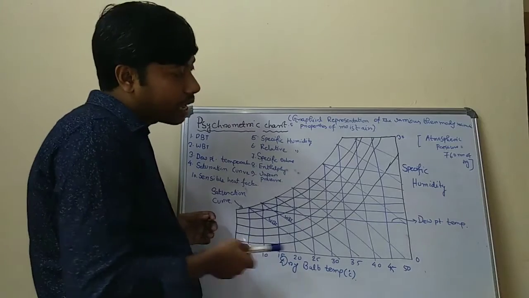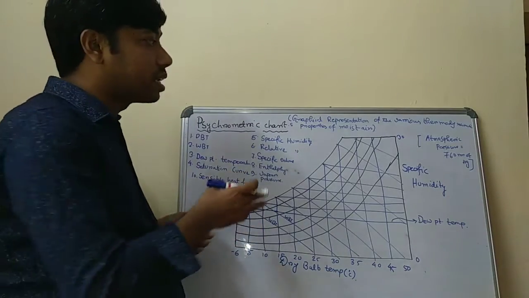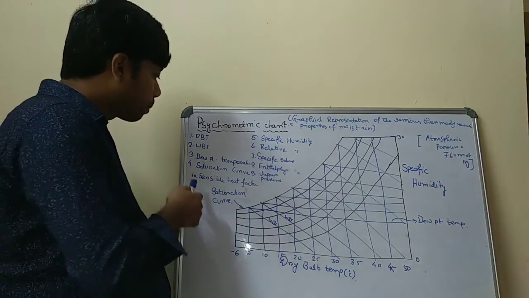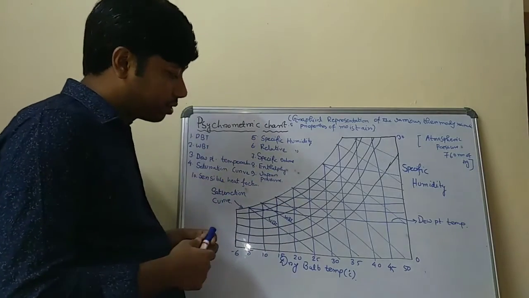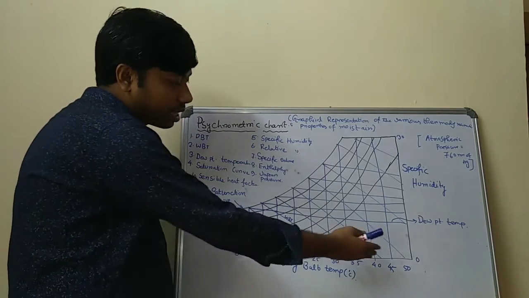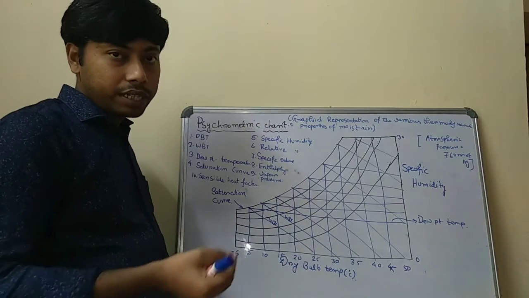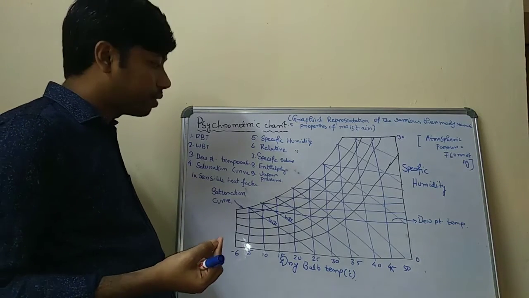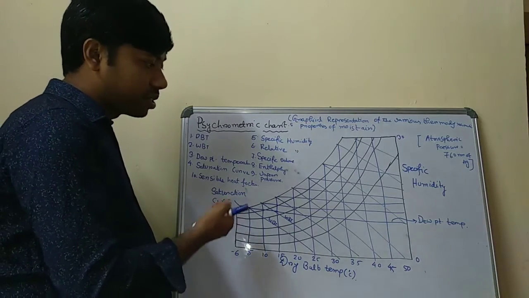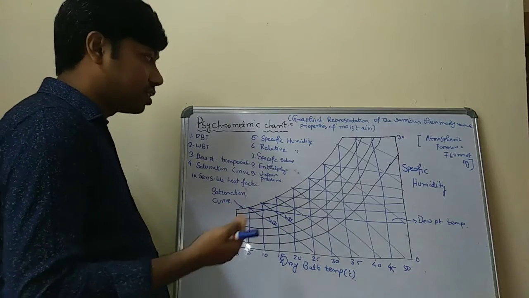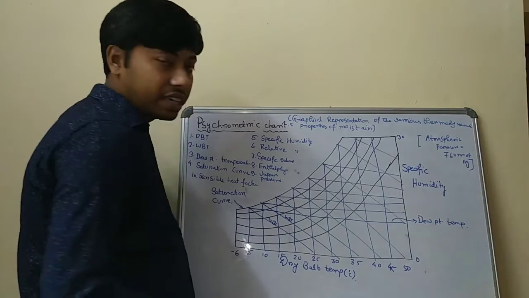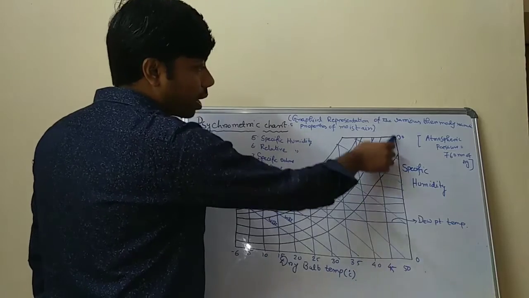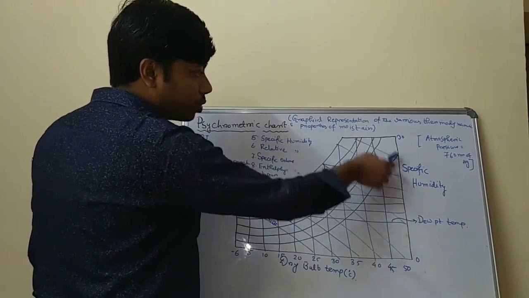The psychrometric chart is drawn at atmospheric pressure, that is 760 millimeters of Hg. Now, what are the points in this chart? We can look into this. In this chart, first of all, this is the x-axis. It will be better if you go through your psychrometric chart, then you will be able to easily understand what the psychrometric chart is and what the points in the chart are. These are the dry bulb temperatures on the x-axis, and this line is the y-axis, which indicates the specific humidity.